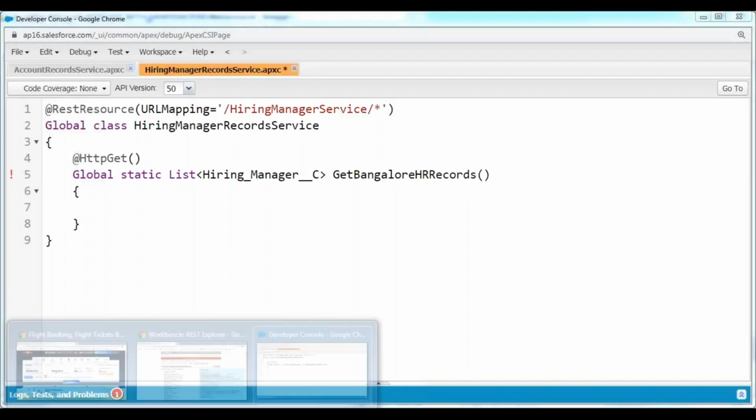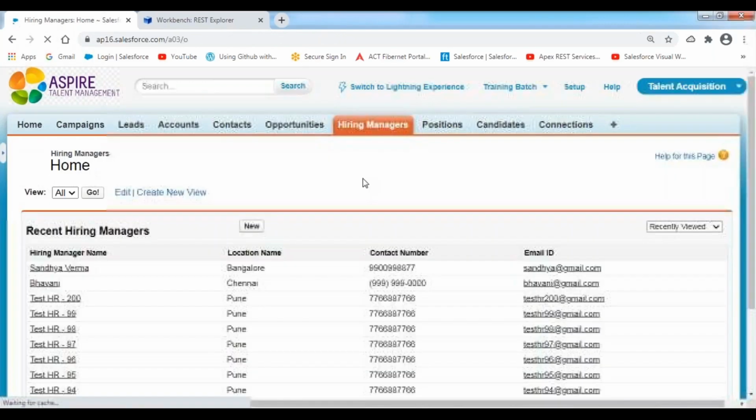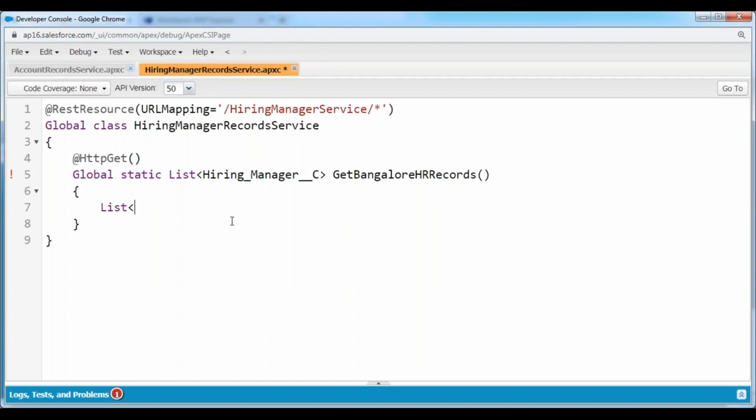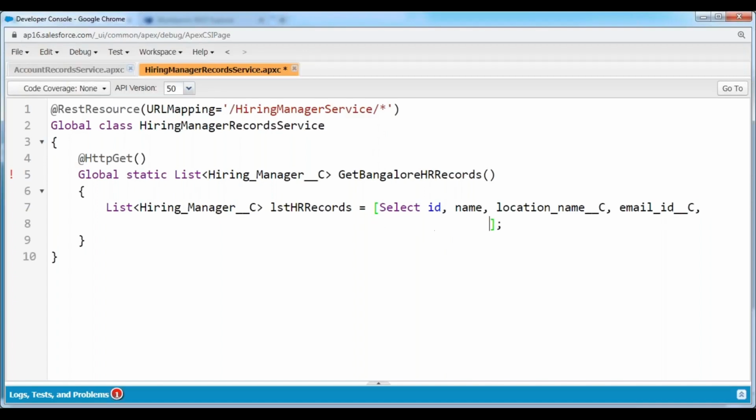So let me go to the fields. What fields are available inside my hiring manager object? In my hiring manager object, we have a few fields like hiring manager name, location name, contact number and then email ID. These are the fields available. Let me fetch. So now list of hiring manager, lstHRRecords equals to, I'm fetching those records. Select ID of the hiring manager, name, location name, email ID, comma contact number